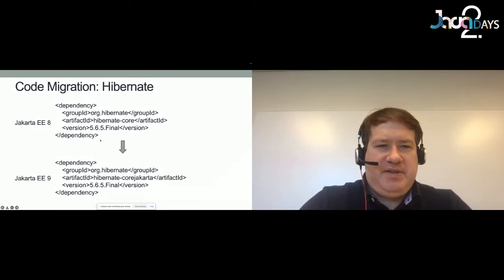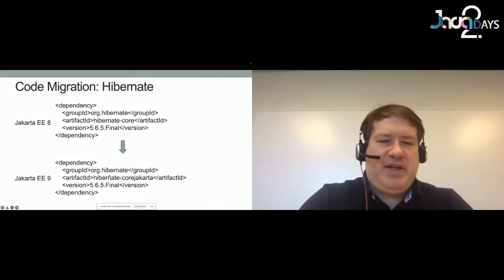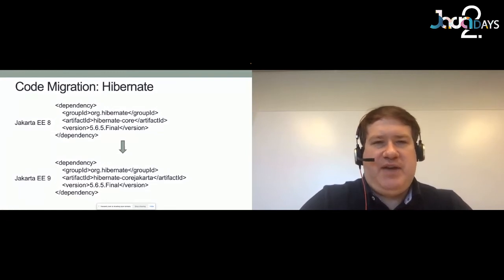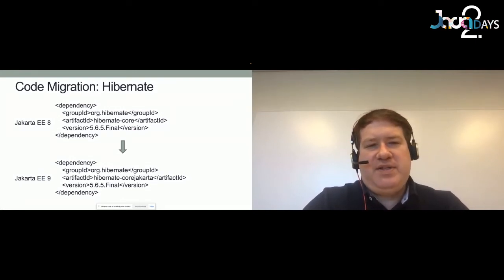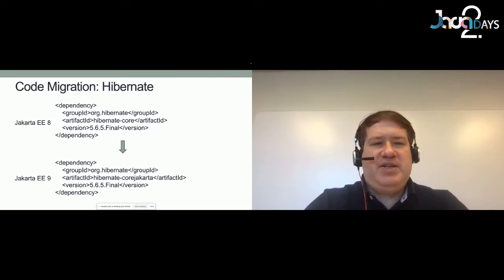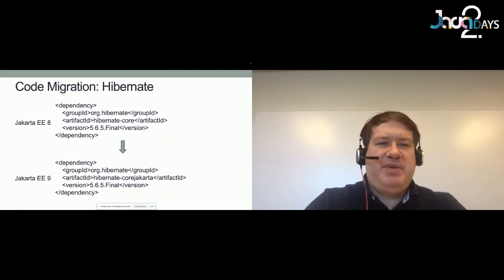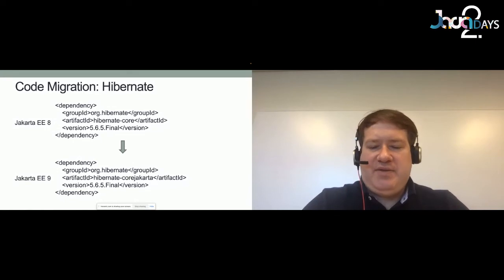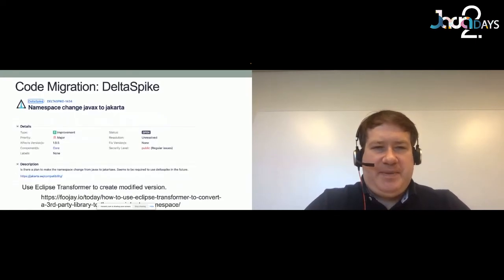Hibernate has taken a little bit different approach. They've switched from Hibernate Core to Hibernate Core Jakarta. This is where the transition I think really gets tricky: you're going to have to go through your POM files or your great old make files and figure out, for each dependency, whether it's using a Jakarta EE technology, and then what is the Jakarta EE9 implementation of it. There doesn't appear to be a consistent approach to how to identify what is a Jakarta EE9 versus Jakarta EE8 and before implementation.